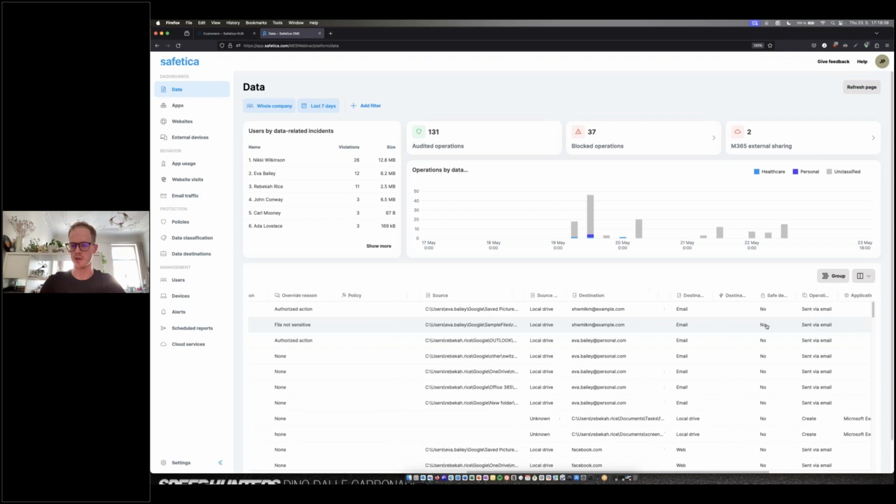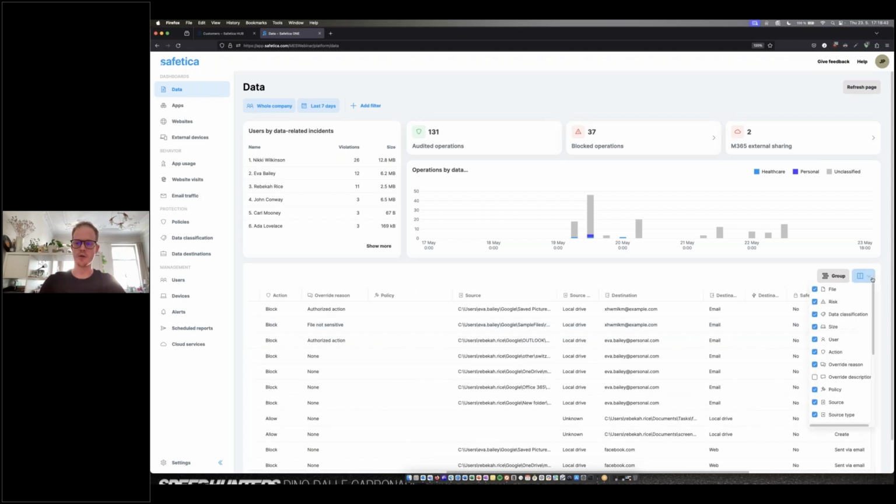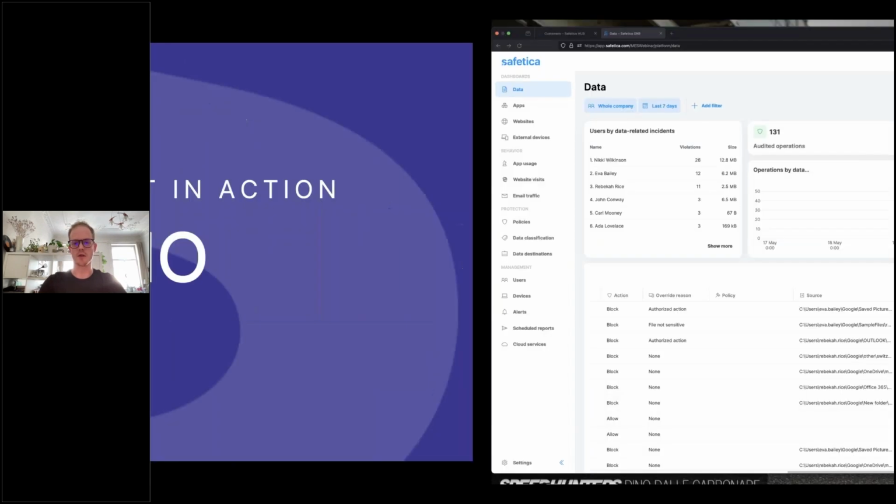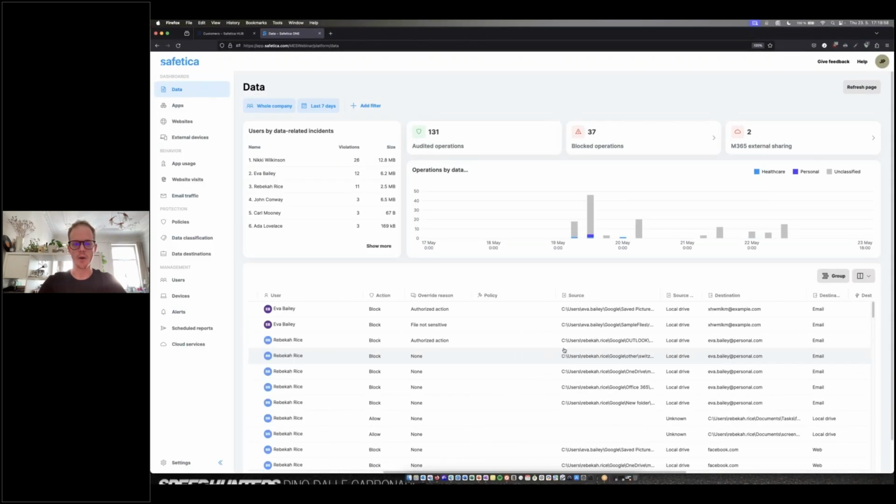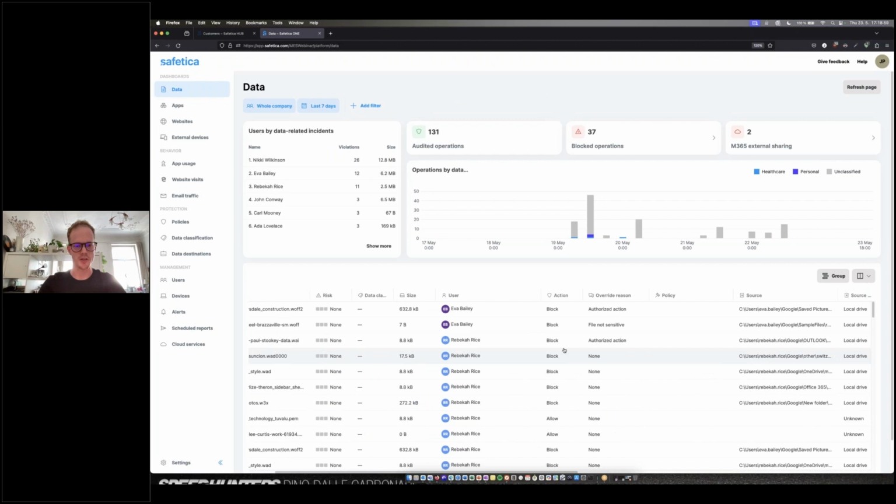But again, forgive the demo data here. And if you do want more insight, we do have these available here, just to give you an overview of the info that we capture. So actually it looks like I have everything selected except the override description, but regardless, this is a quick idea as to how we capture the information, what it looks like in the console.